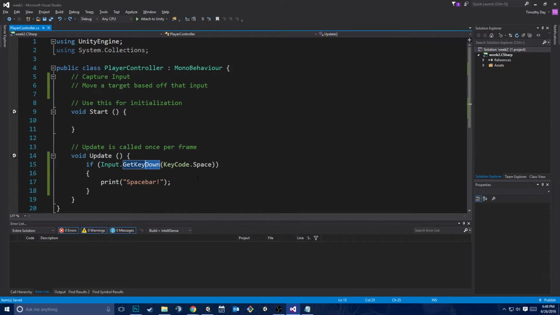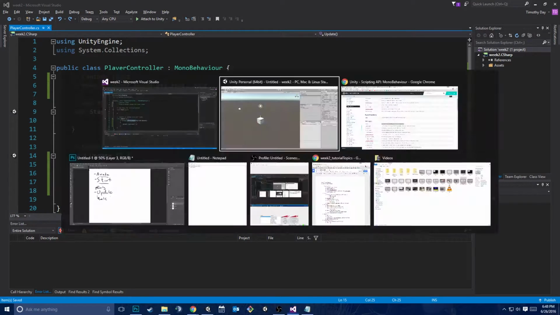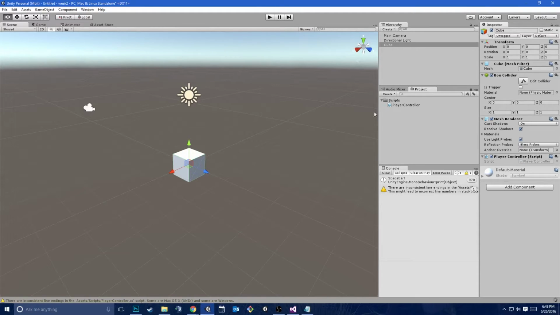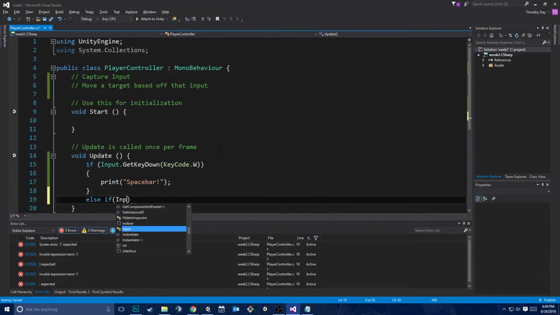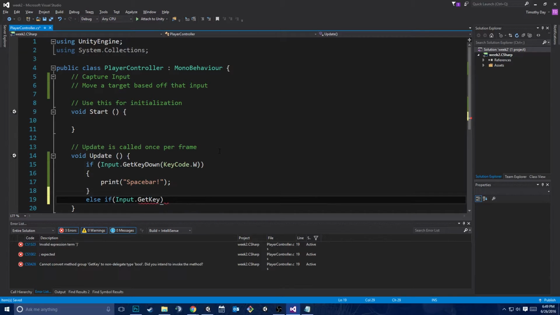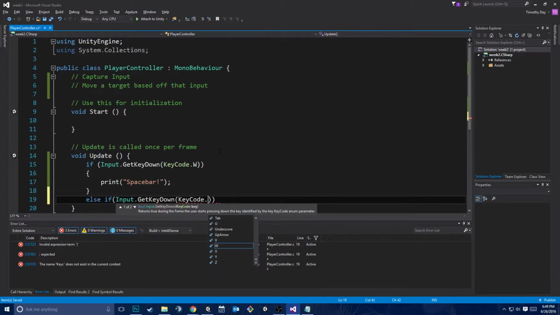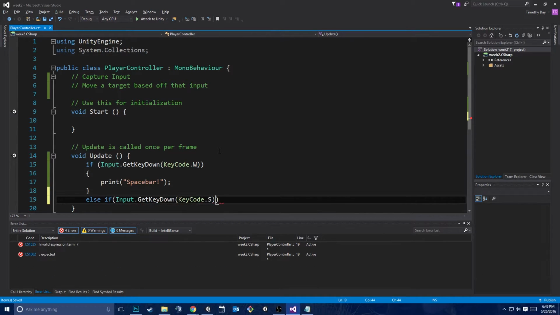So I'll leave this on key code down. Okay? And let's say we wanted to make it sort of like normal controls, right? We'd really use W, A, S, and D. So I'm going to make one for W, and then I'm going to use an else if Input.GetKeyDown, KeyCode.S,